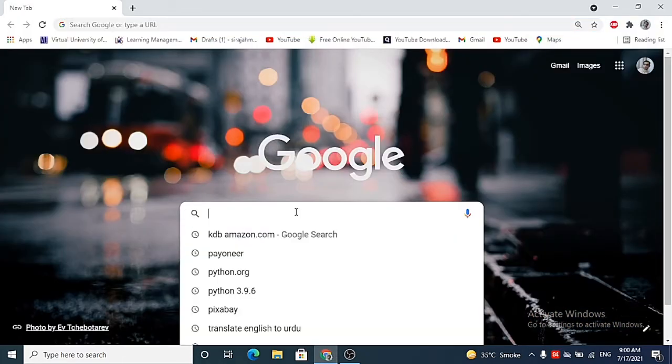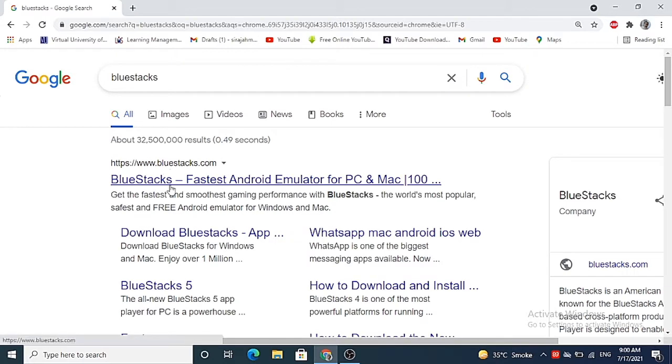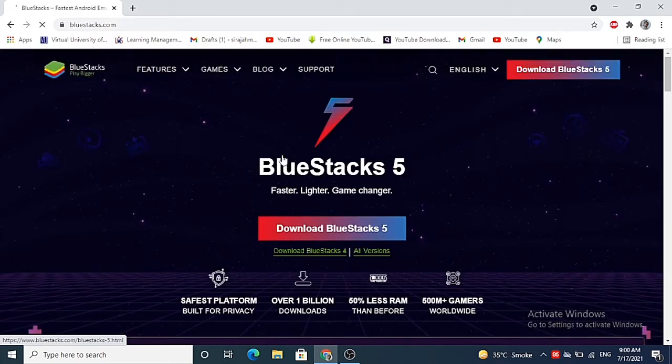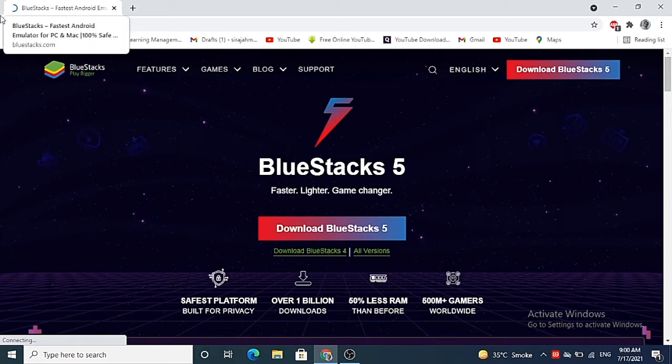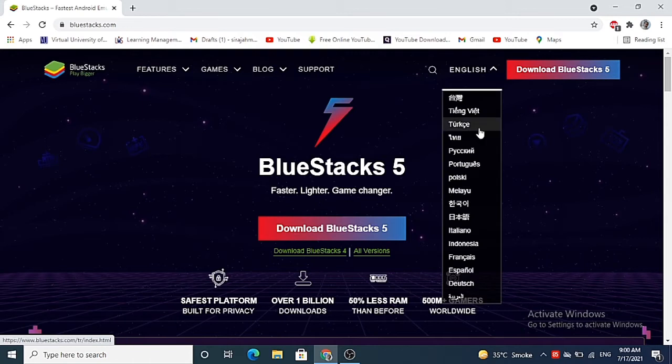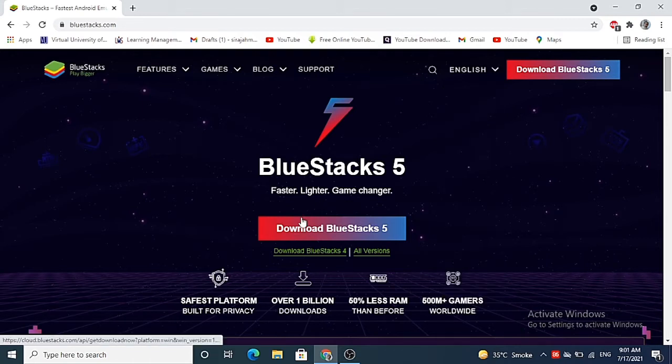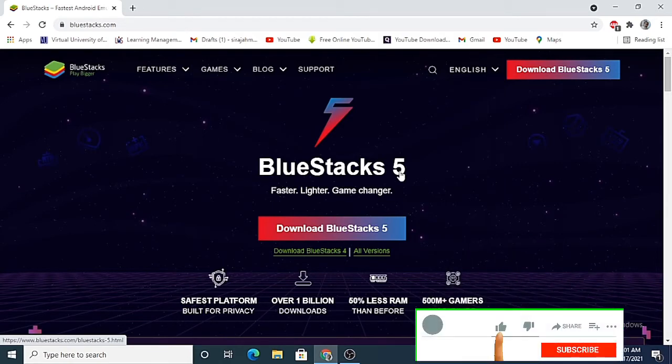So just open your browser and search for Bluestacks, and the first link which will appear here will be from bluestacks.com. So just click on this link, and once you click on this link, this website will open. So here you can see it's bluestacks.com. From this drop down menu you can select the language in which you want to view this website. I have chosen English from here, and then you can see Bluestacks 5 is available at the time of making